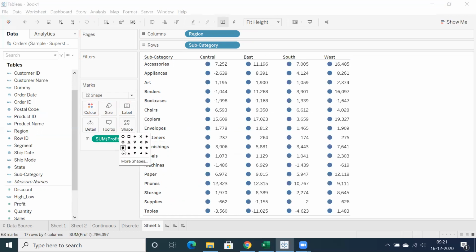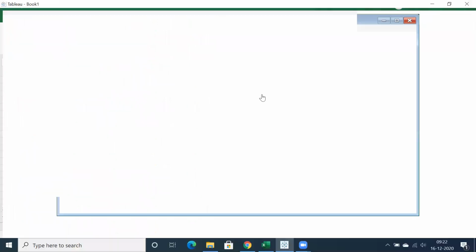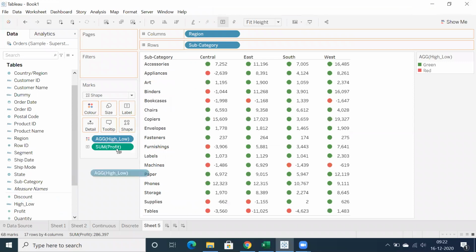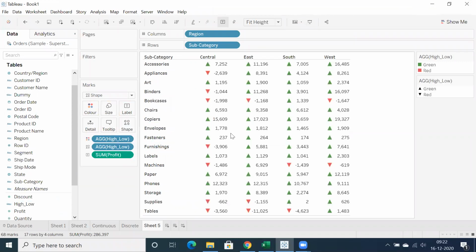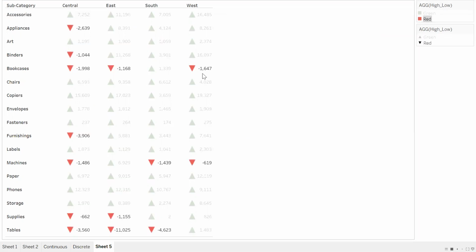Click on these filled circles. With the same approach, you can simply drag and drop the calculation field into color. That's it. I have done nothing actually. I just added shape and the same calculation. If you want to go for a different shape, you can drag and drop the same calculation into shapes, so that we already assigned the shape to this calculation. That is the reason we are getting proper shapes. And you can clearly showcase the red colored or whatever the negative values.